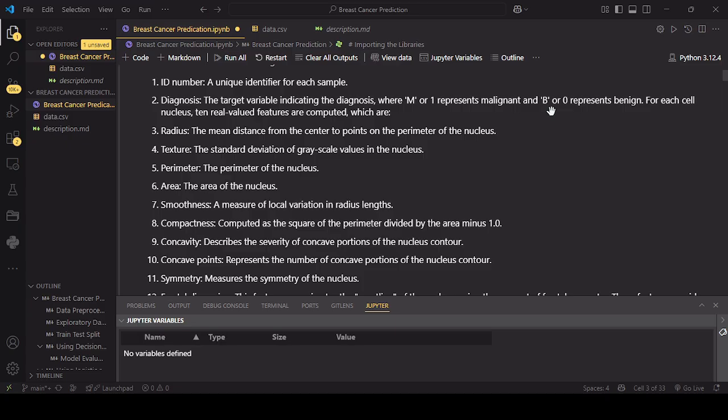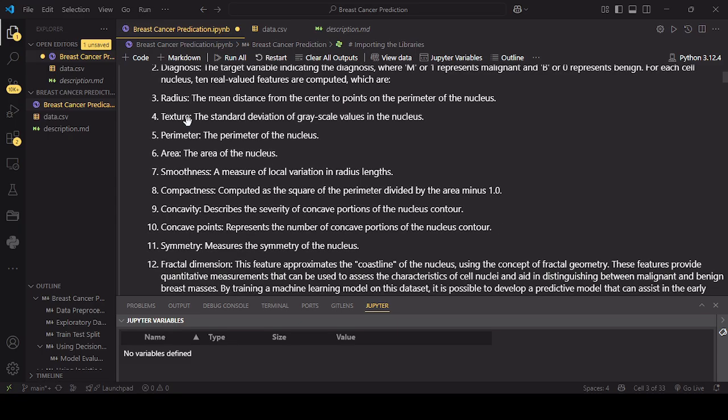For each cell nucleus, 10 real-valued features are computed, which are radius mean, the distance from the center to the points on the perimeter of the nucleus; texture, the gray-scale value in the nucleus and its standard deviation; then the perimeter of the nucleus; area of the nucleus;